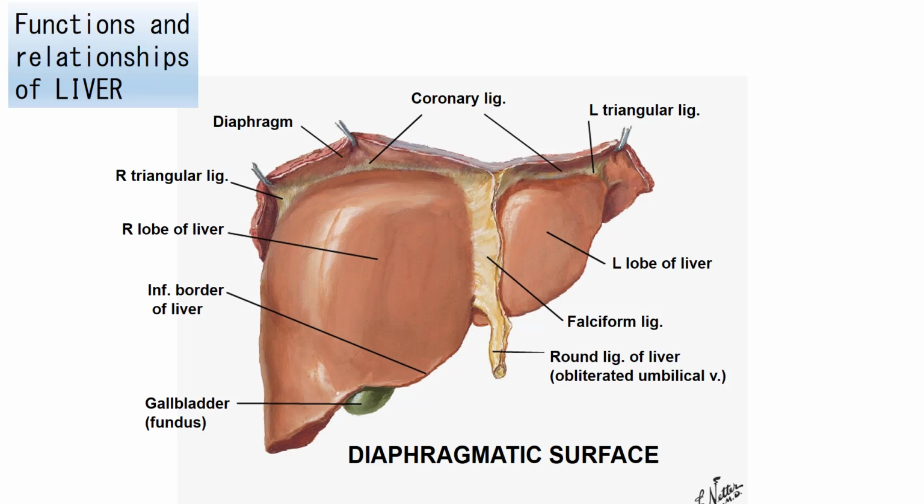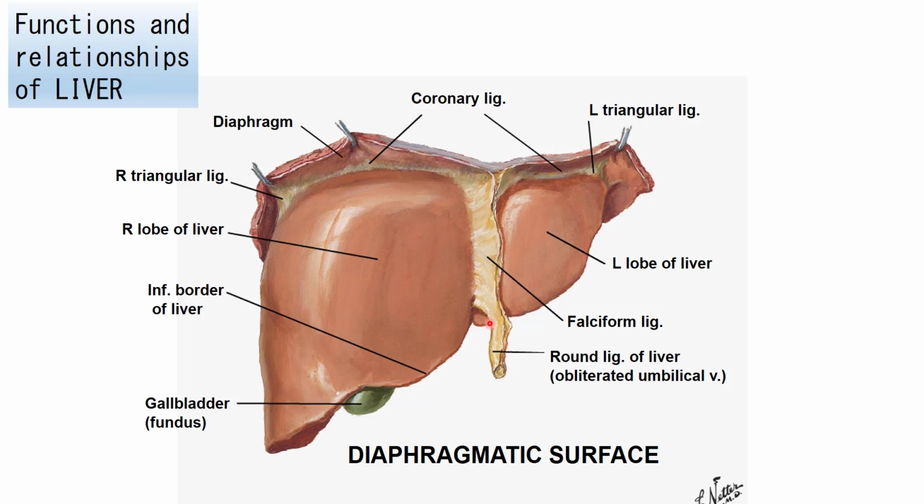The diaphragmatic surface is going to be smooth and convex. Through the diaphragm, the liver is related to the bases of the right and left lungs. Hepatic abscesses in the liver might perforate the diaphragm and can even enter the pleural cavities and bases of the lungs. The diaphragmatic surface is going to be separated into right and left lobes by the falciform ligament